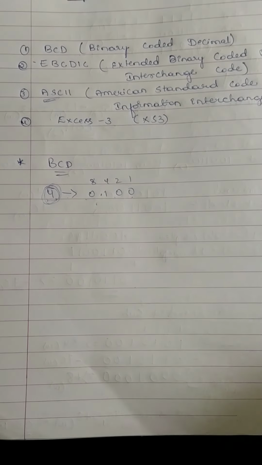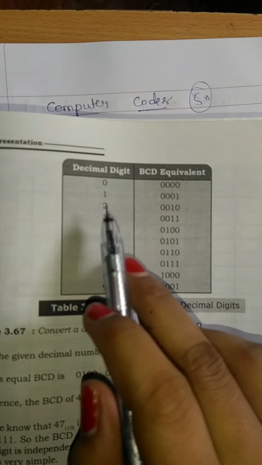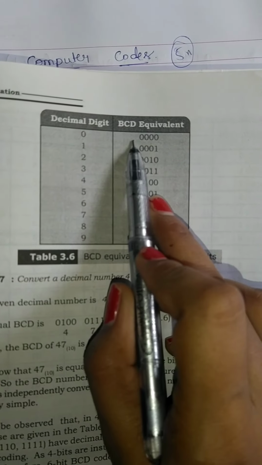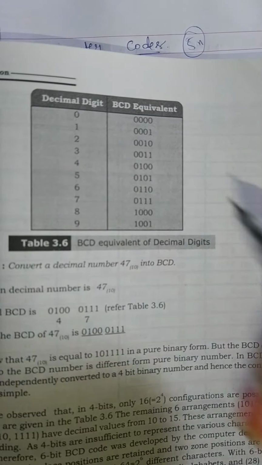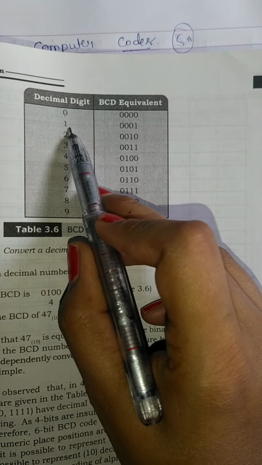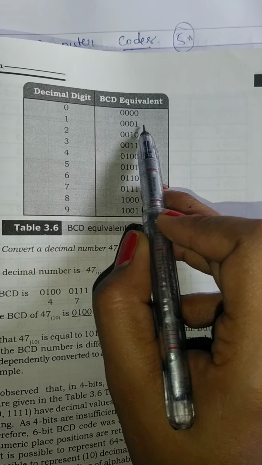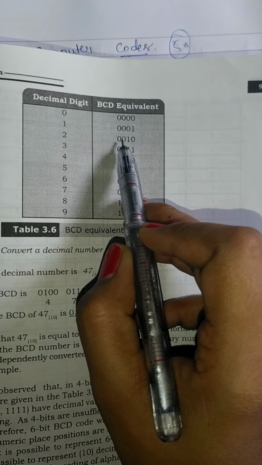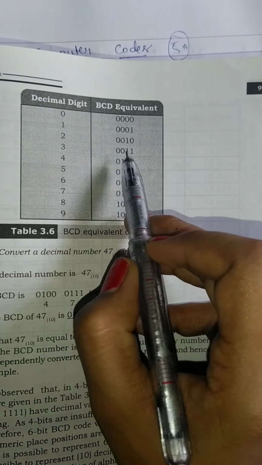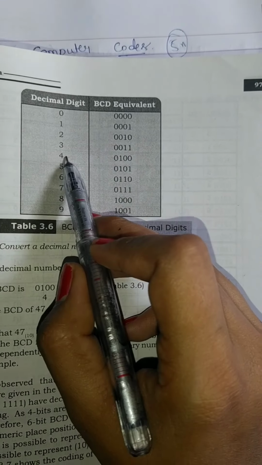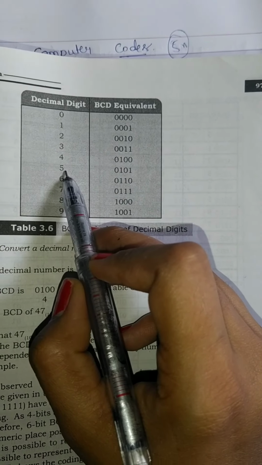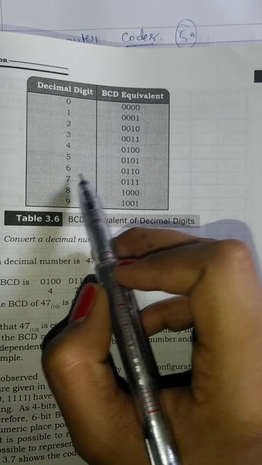You can see the table here. How is 0 represented in 8421 format? Consider 4 zeros. 1 will be represented as 0001, 2 as 0010, 3 as 0011, 4 as 0100, 5 as 0101, and 6